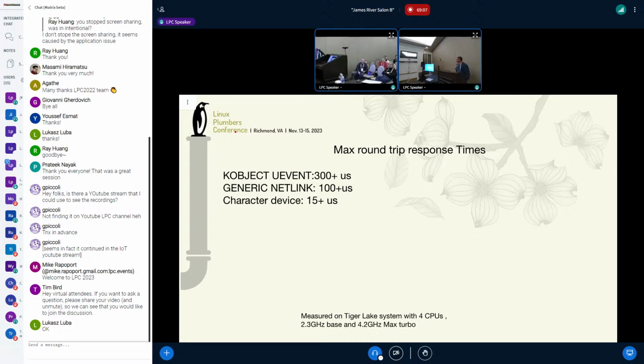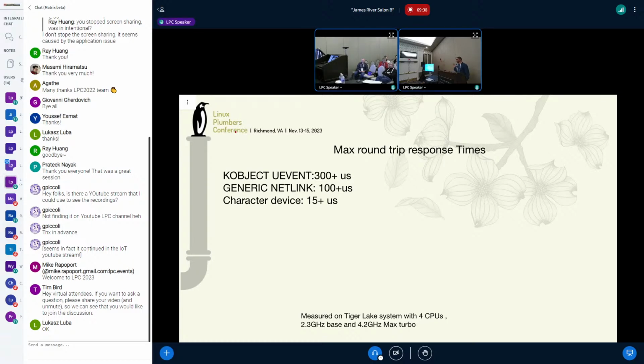So this is okay in most cases, but there are some corner cases where firmware sends us a notification, and if we don't reply in a certain time, it will resend it. The good part is it resends it, because we may miss the first one, to acknowledge the first one. If it goes to a character device, it only takes 16 microseconds. It is still an overhead, but I would say the character device is much faster.